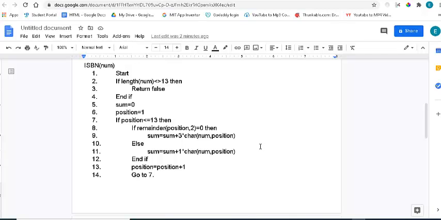In this video, we are going to try to write the code for our ISBN algorithm, the one that we did previously. Again, the ISBN is a number which is 13 digits, and it has a special property that if you add